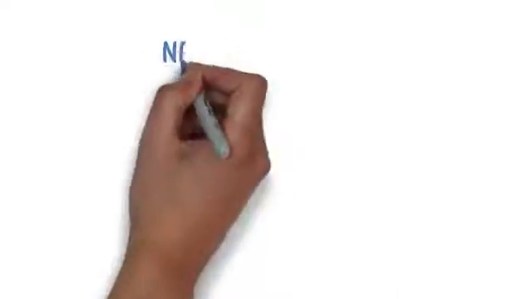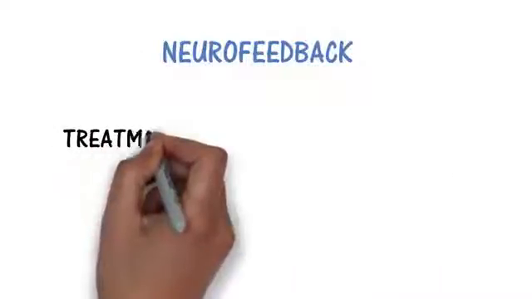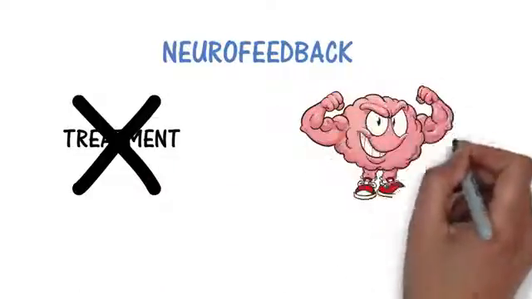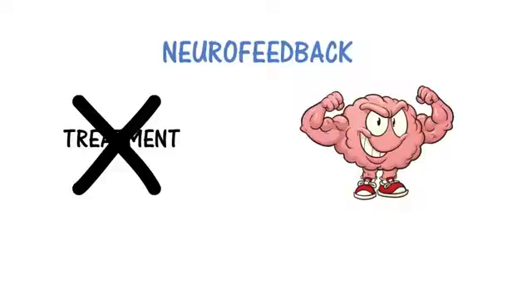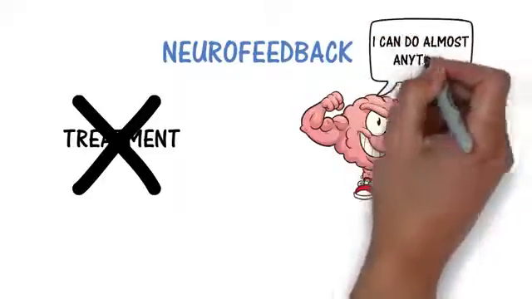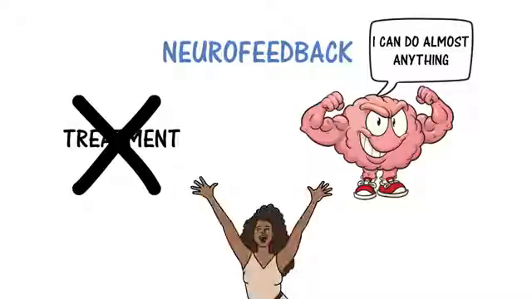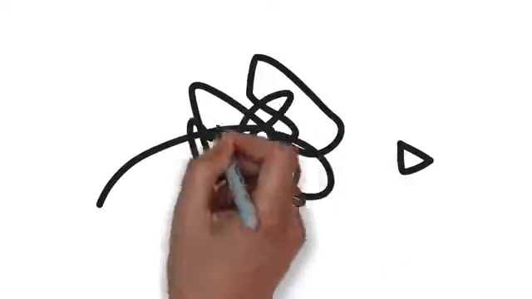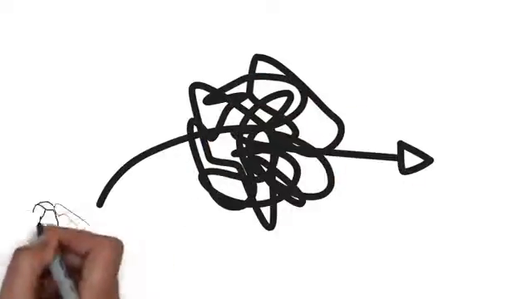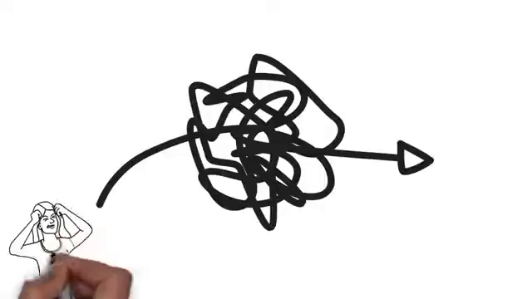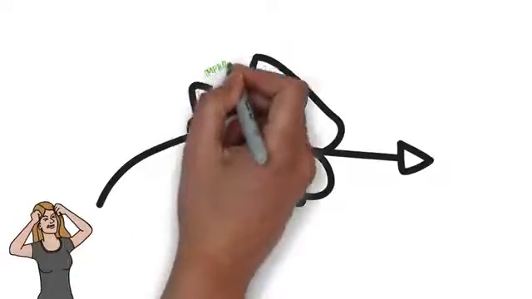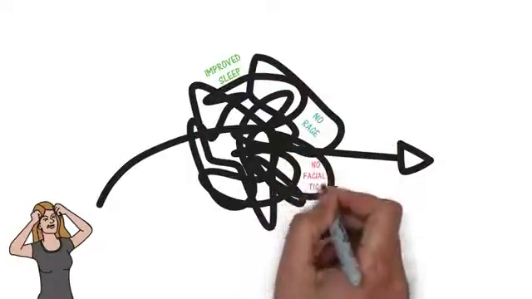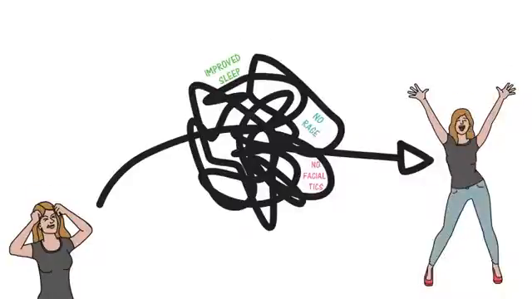When you do neurofeedback in this way, it's not really appropriate to call it a treatment. So we think of it as training the brain to be flexible and resilient. That can be very powerful, and people often see great improvement in things that have been bothering them. But we can never predict the order in which things will improve. You may have been hoping that neurofeedback will help your anxiety, and it probably will, but maybe only after your sleep has improved, your rage has settled down, and a lifelong facial tic has disappeared.